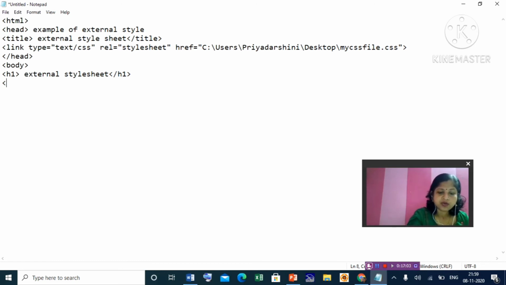Then a paragraph. Inside it, suppose, about external style sheet, we'll write one paragraph.